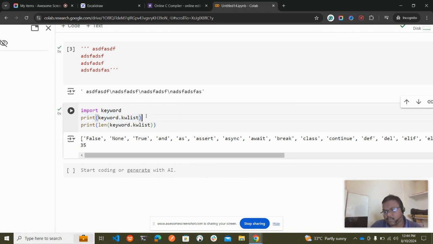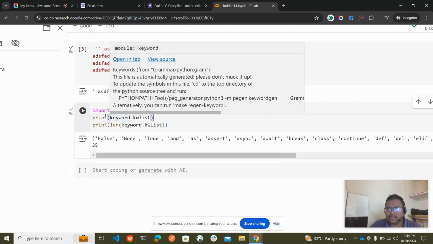In interviews they will mostly ask how many keywords there are in Python, and to list a few of them. In case you don't remember, you can get it from the keyword file. Keyword is another py file which has a function called kwlist, and it returns the list of all the keywords. That's how you can manage the interview. No problem, and in case you remember, you can tell.